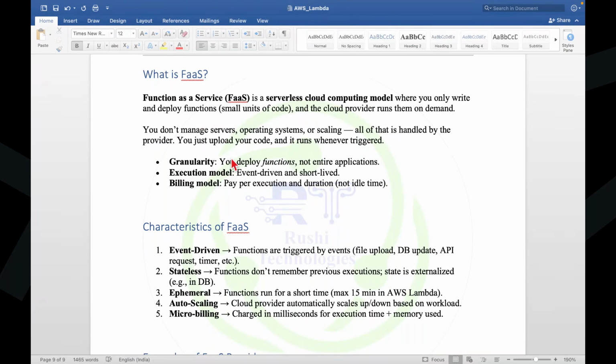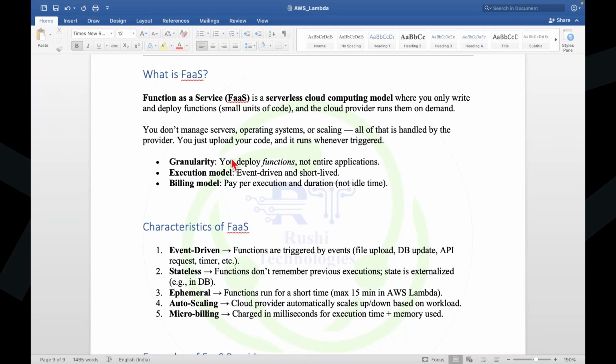So whenever that function is getting executed, how many times the function is getting executed, and how long the function is executed using this serverless model, only for that time only AWS will charge. And again, when that function has to be executed, that Lambda, we call it as Lambda functions, right? So when that function will be executed based on the